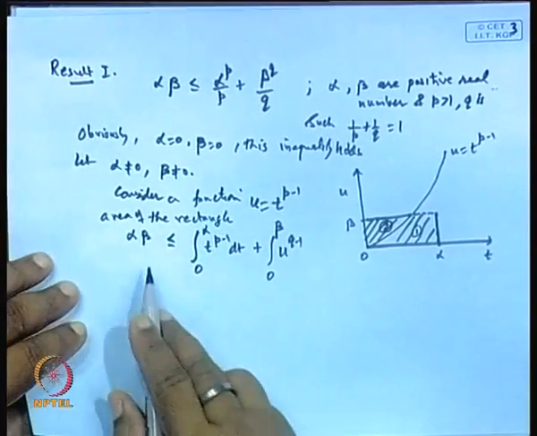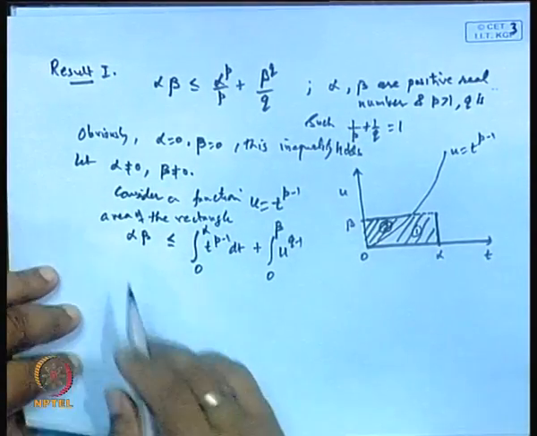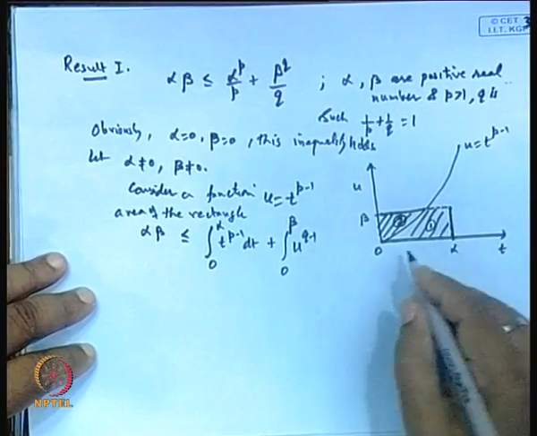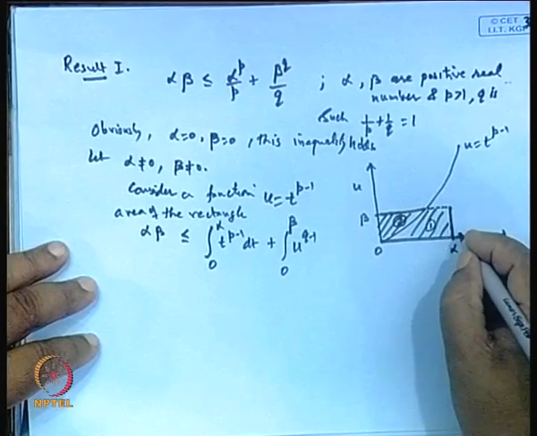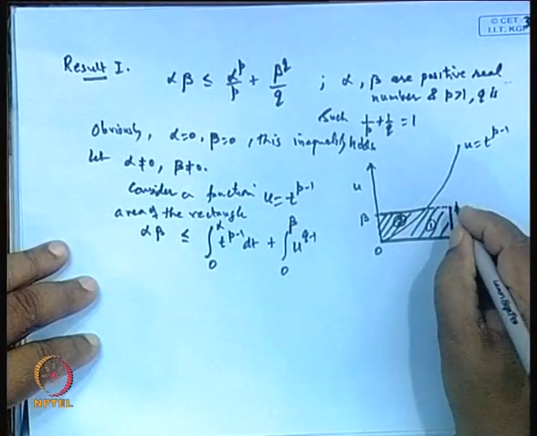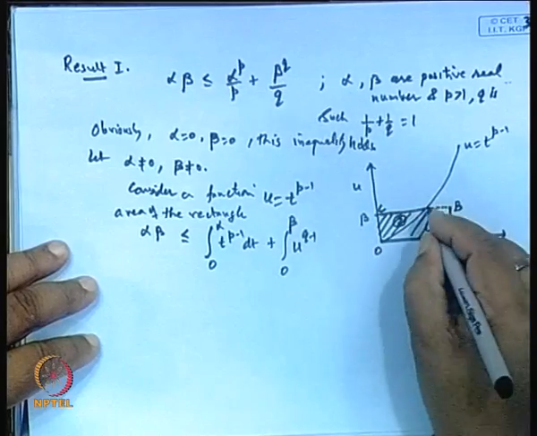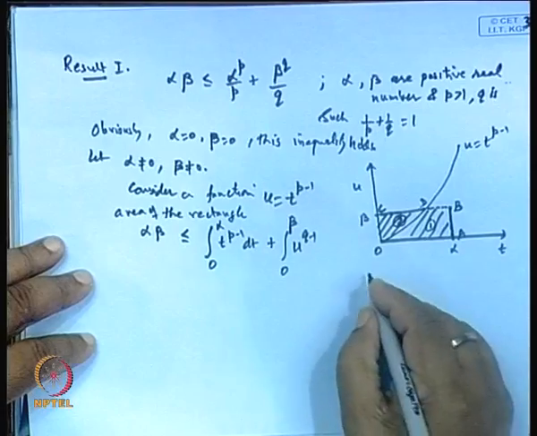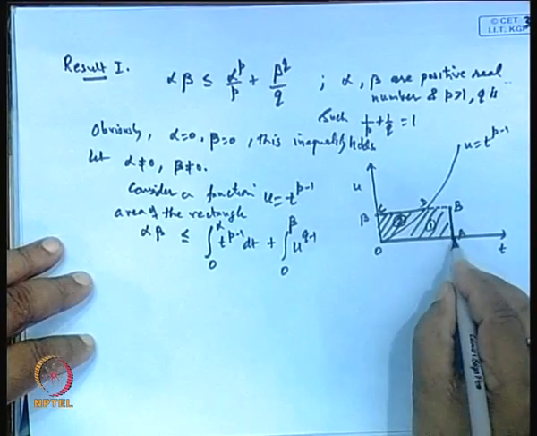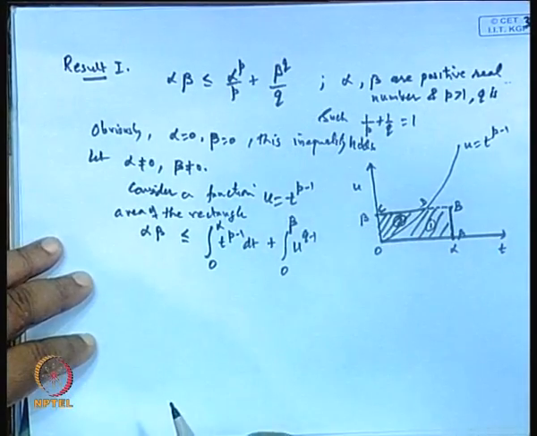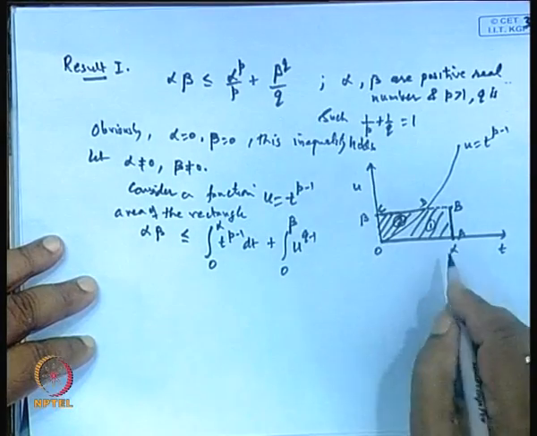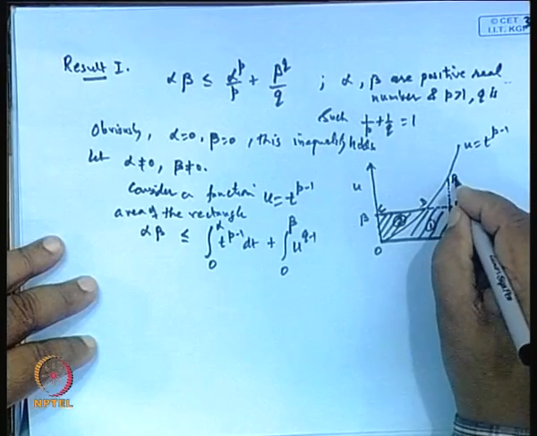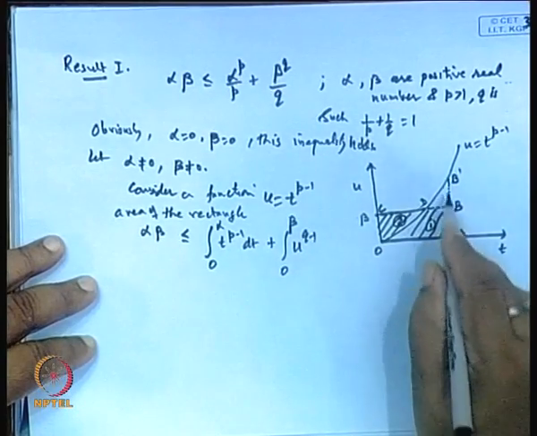Because this area alpha beta is the area of the rectangle. If I take this as A, this as B, this as C and this as say D, then alpha beta is the area of the rectangle OABC. And this area is less than or equal to the area of this portion, say OAB dash, which is